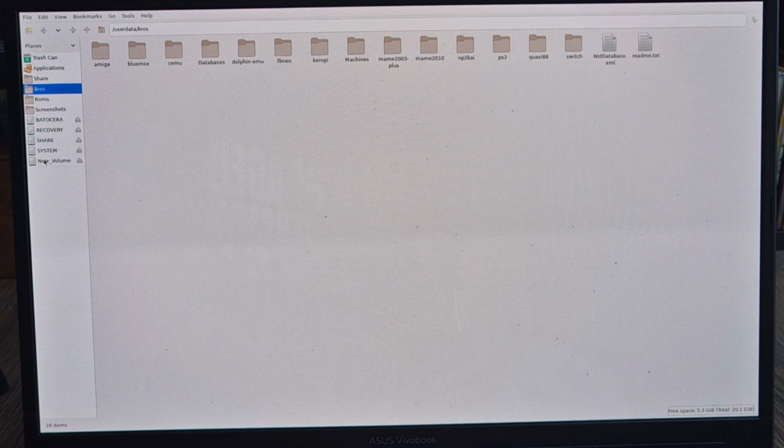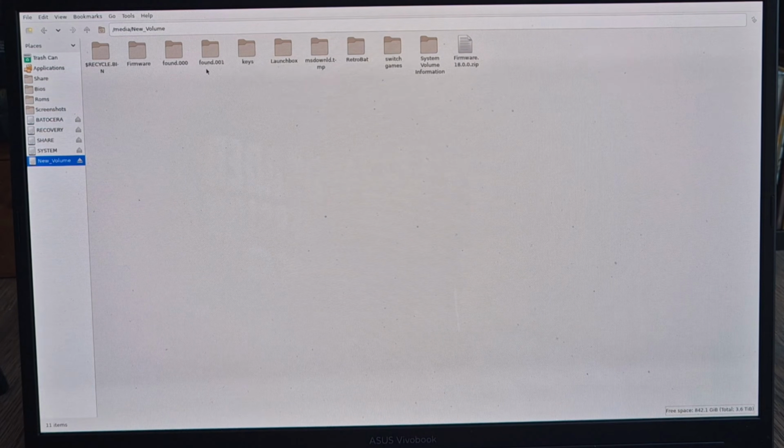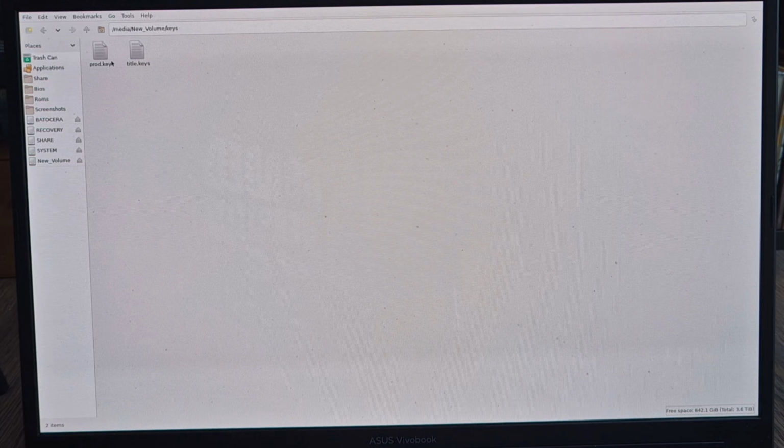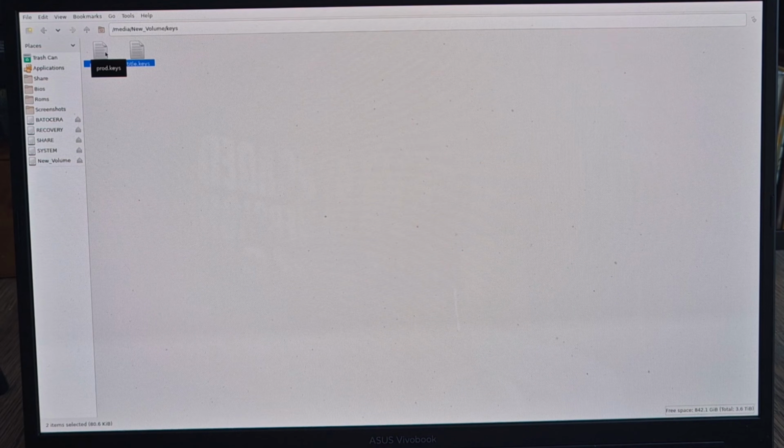Okay, so once your Switch games have copied over into the ROMs Switch folder, what we're going to do is look at keys and product keys. So, in my external drive, in my keys folder, I've got prod.keys and title.keys. What I'm going to do is also highlight both of these by left clicking and hovering over both files,